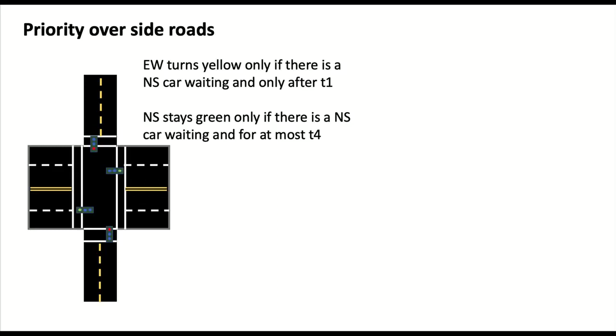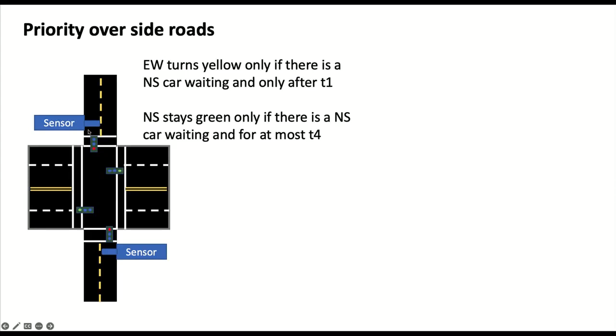So don't turn the light green for a side road if there's no demand, if there's no car. And to do that, we need to add sensors. I'm sure you've seen this: sensors in the road, and sometimes there are cameras doing this. And if you're riding a bike, it's highly annoying because it's hard to trigger it sometimes. You have to get off your bike and push the pedestrian button to get across. But anyway, okay. So here are our sensors.